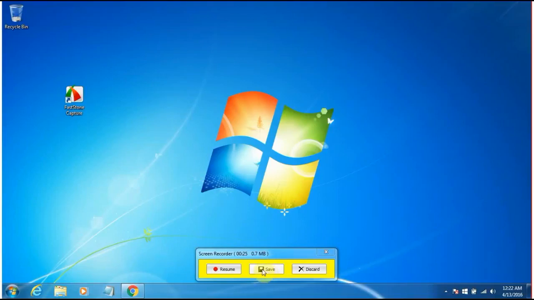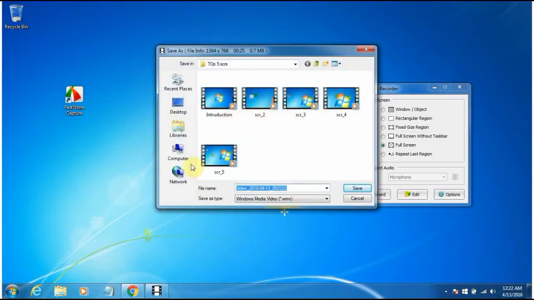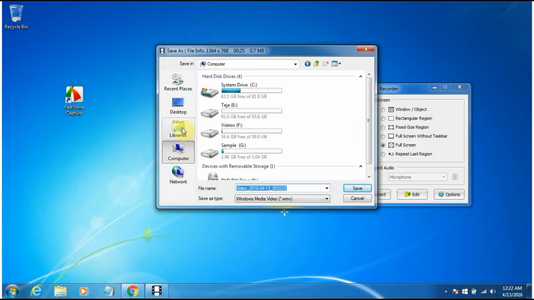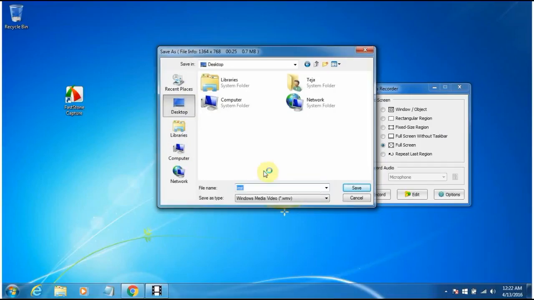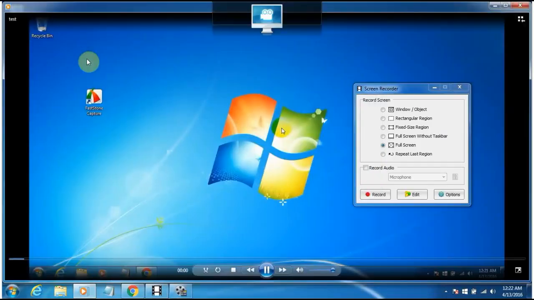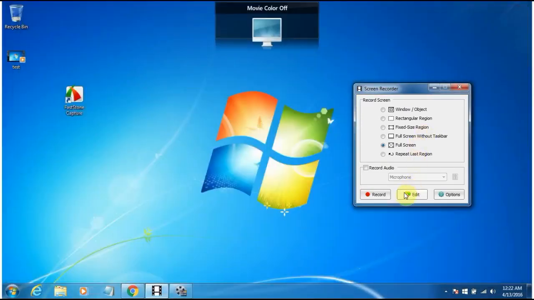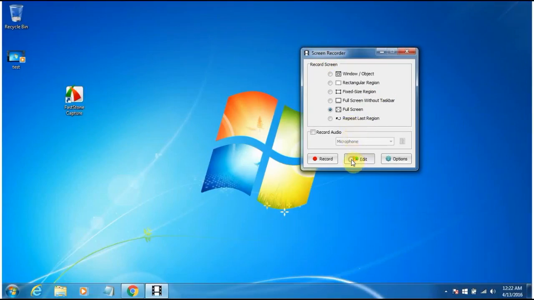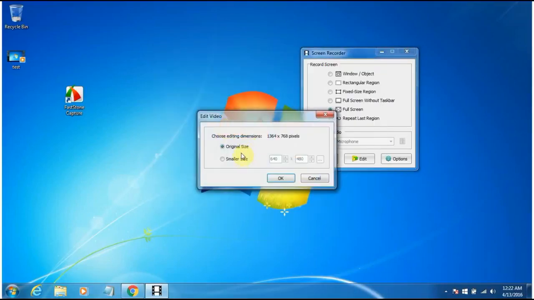and then you can click on the save button over here and then save it to desktop. Let's say test. So once you have done that, you will see an option which says edit. So if you click on that edit symbol, you can select the video clip which you want to edit, and then